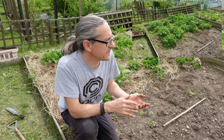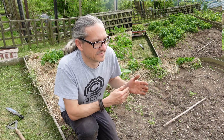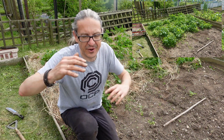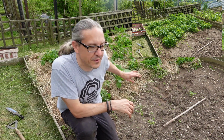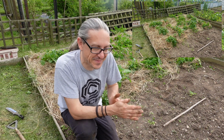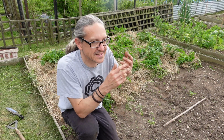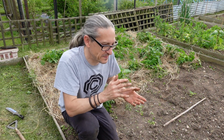And I was thinking, right, okay, we should earth these up a bit. I thought, hang on, I'll just put the weeds back. There was loads of weeds, it was all very green stuff. Put the weeds back. Then as luck would have it, a plot holder, a couple of plots down, asked, "Do you want a bag of straw?" Yes, please. I'll put the straw down to protect any developing potatoes from the sun, stop them going